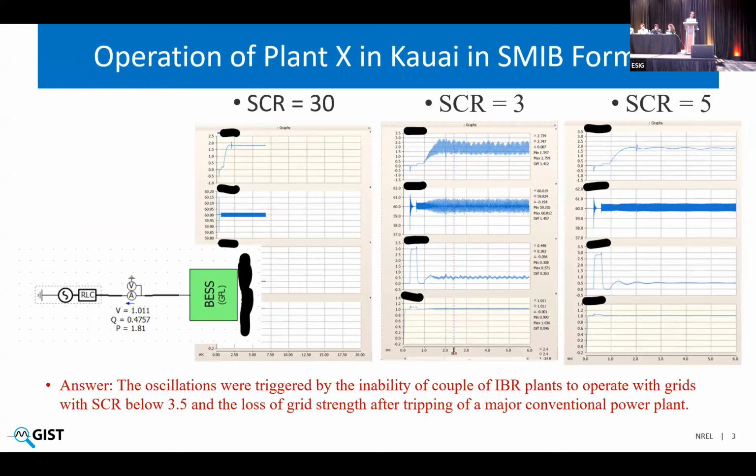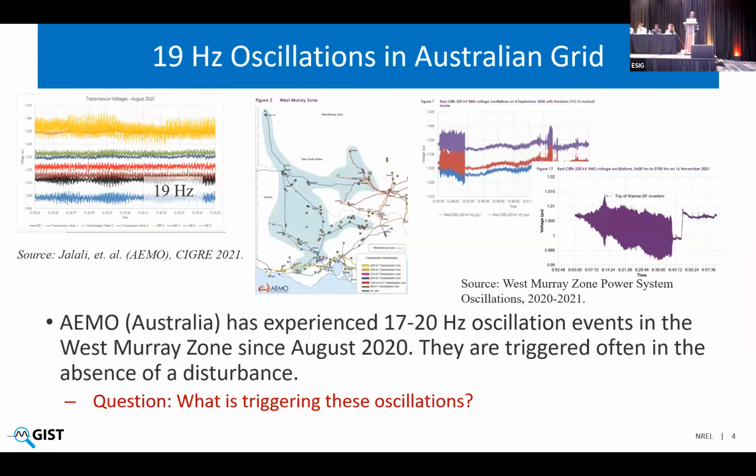So yeah, no news over here, right? The conventional IBRs don't like weak grid conditions. Some of my NREL colleagues like Andy Hoke or Gene Tan can talk about how KIUC or Kauai is basically addressing this problem by converting some of the IBRs into grid forming. But the key point here is that some of the IBRs didn't like weak grid conditions.